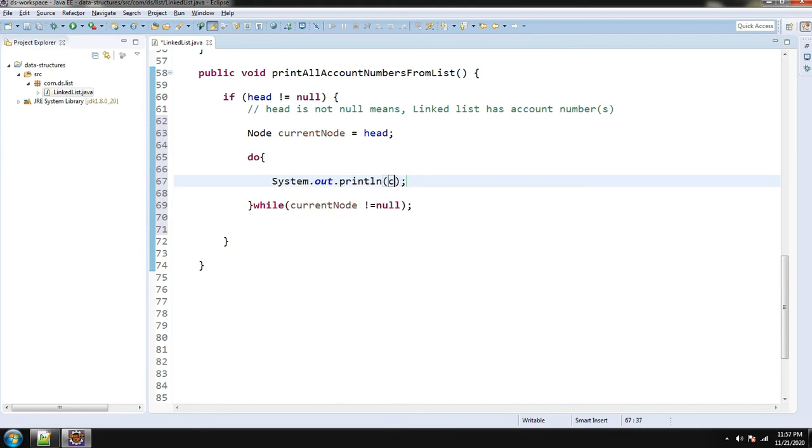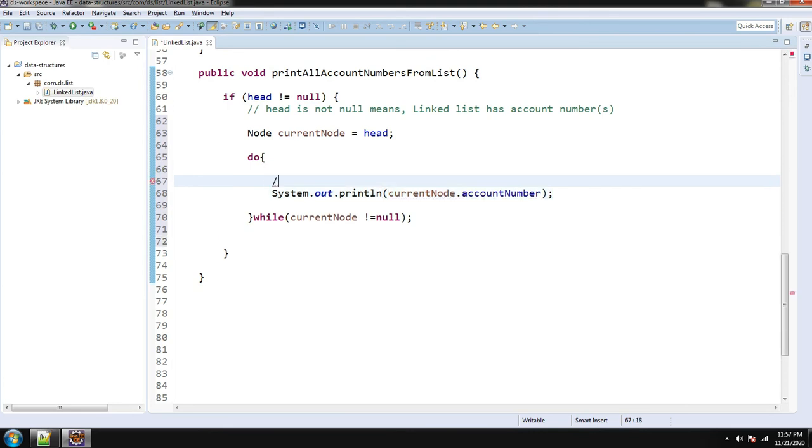Already current node points to the first node, so just print that value, current node dot account number. Print current node account number.